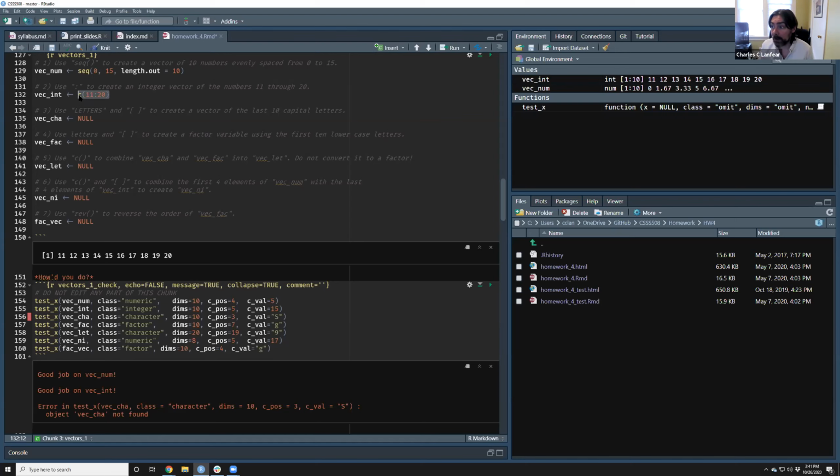The only reason you might want to put a C or a C function around it would be if you wanted to add something else to it. Like I could say 11 to 20, 21 to 30, and what the C would do is combine this vector with this vector, and that would work like that. So C is for combining things, but this 11 through 20 is already a vector, so I don't have to do anything fancy with C. So it doesn't hurt, just don't need it.